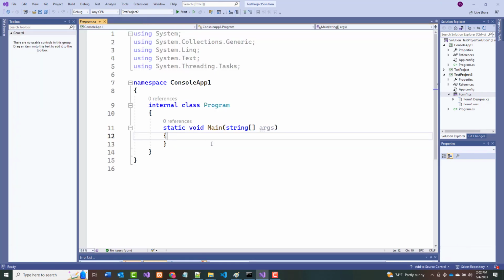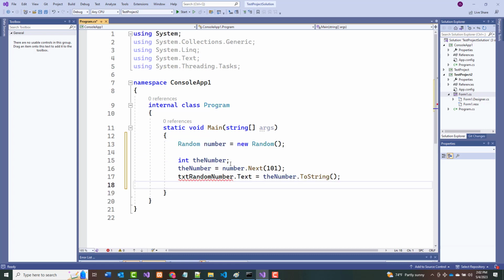All right, so we're in here. Now I'm going to get errors. Don't worry about it. So random, int the number. Okay, fine. So this is going to give me a random number that is between 1 and 100. Okay? So I'm going to come in here and I'm going to say if the number